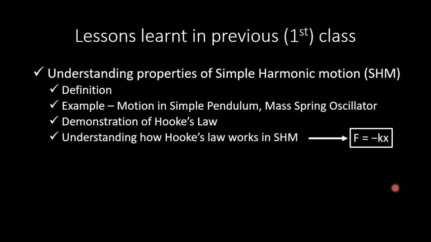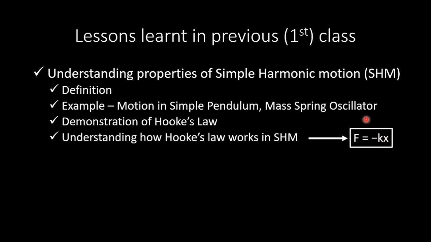And the formula was F equals minus kx. From this mathematical formula, we provided an advanced definition of simple harmonic motion: a kind of periodic motion where the restoring force acting on the object is opposite and directly proportional to the amount of displacement from